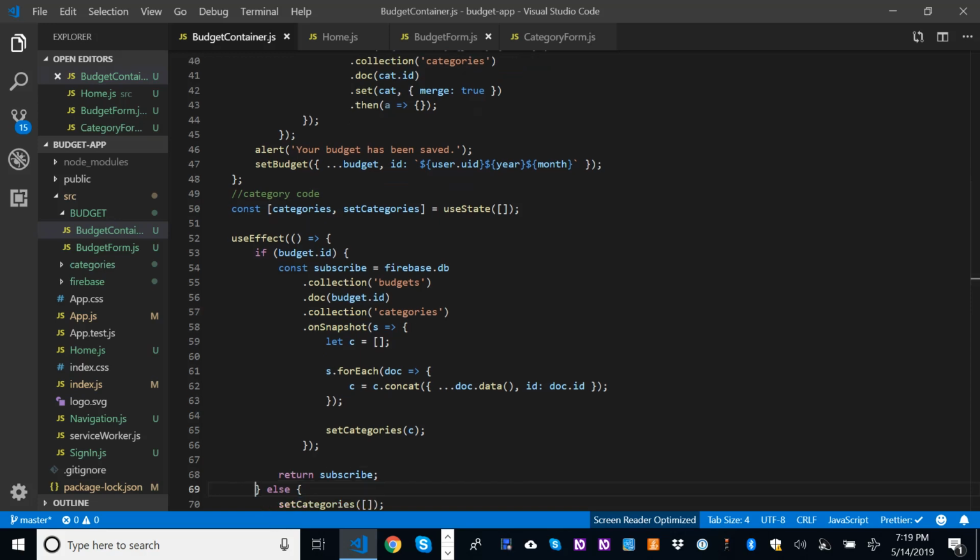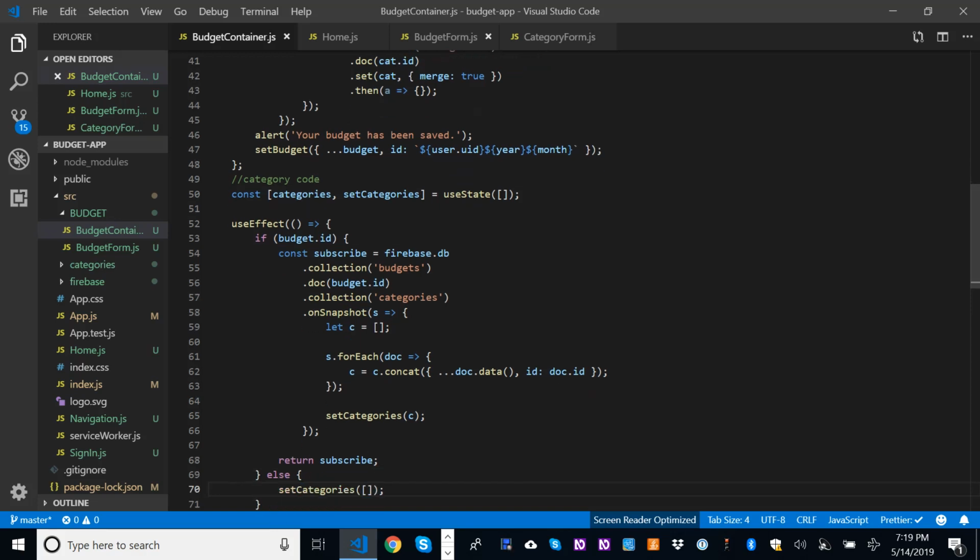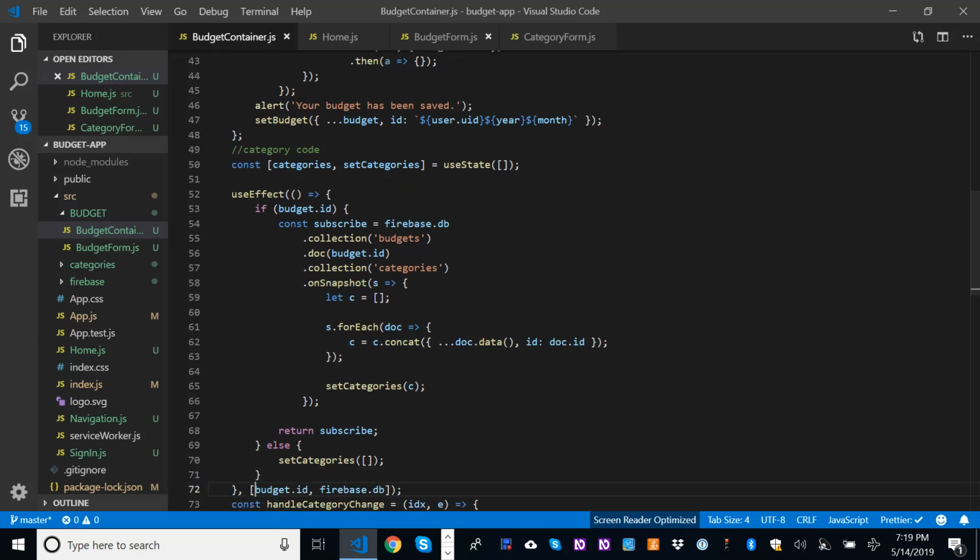Else, if there's no budget, setCategories to an empty array. We just set the categories to an empty array because there's no budget, so there's no categories. That way it wipes out everything. And then the useEffect dependency array